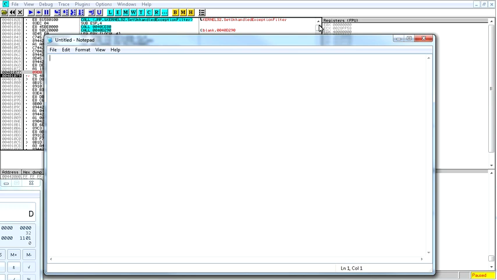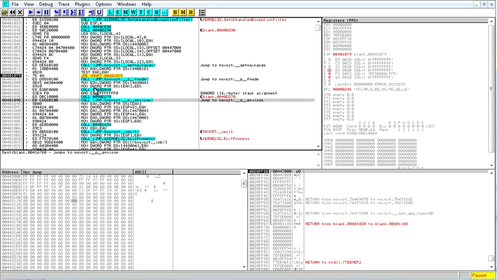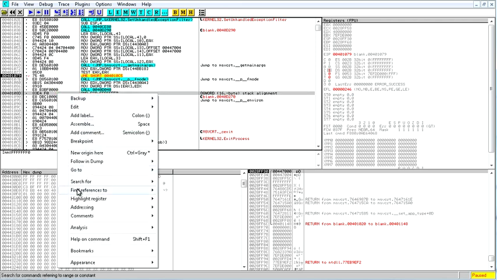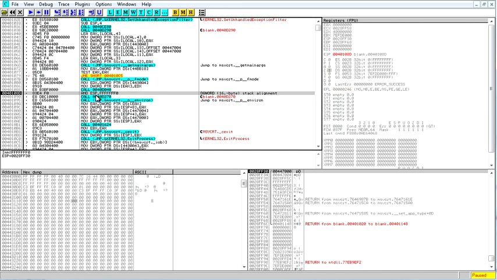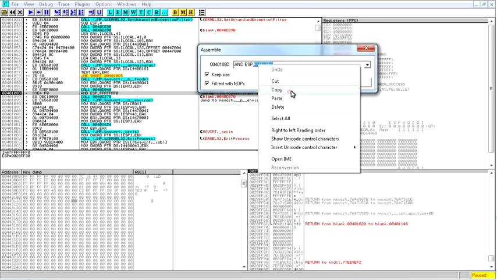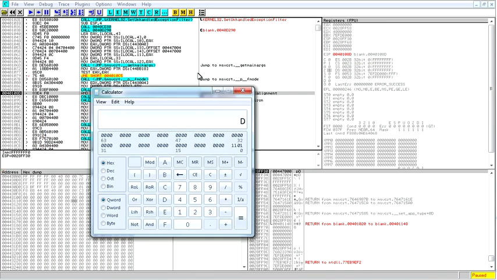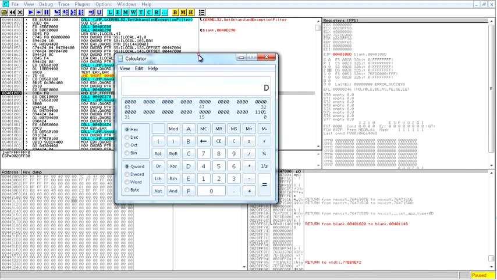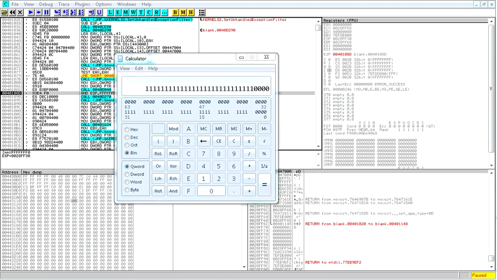Okay, so now let's go down to this procedure. New origin. It's going to AND what's in ESP with FFFFFFF0. So let's actually do that on paper. Grab our calculator, hex, edit, clear, edit, paste, binary, edit, copy, notepad, paste.